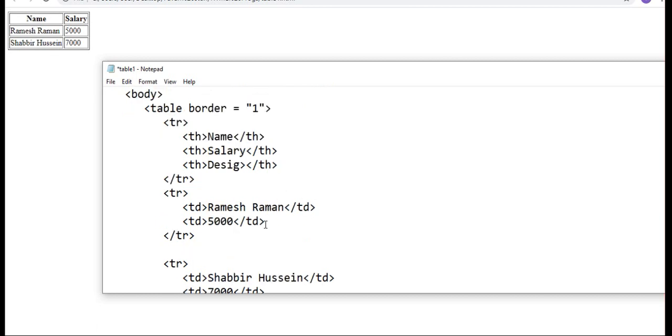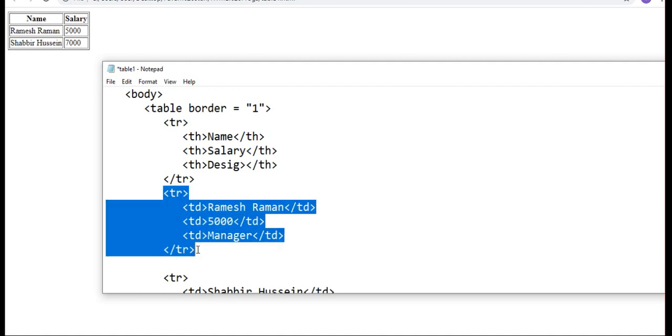Next, second, table data: the first value will be name, the second value is salary, and the third, just now I have added, is designation, so I enter it as manager, so td closed. How many rows and how many columns you have, that many tds will come. So this is the first row.